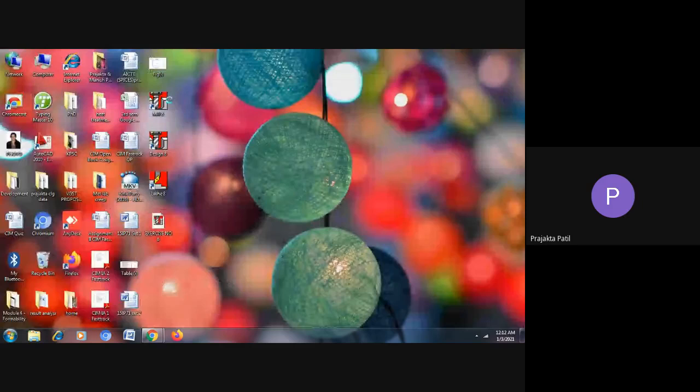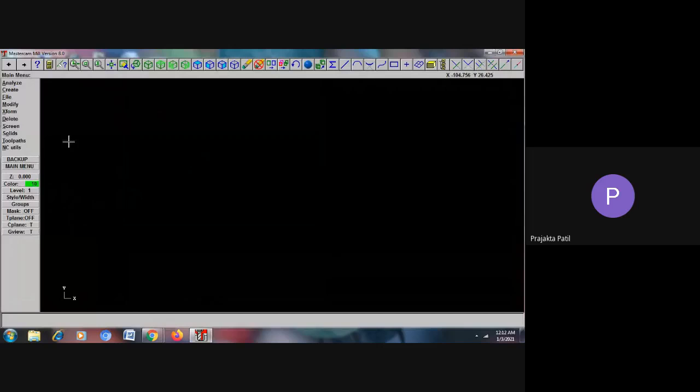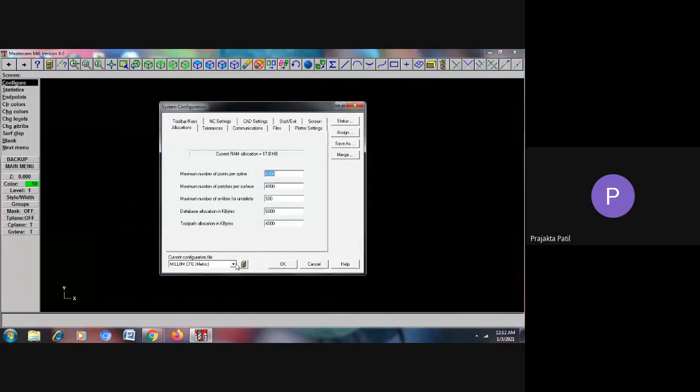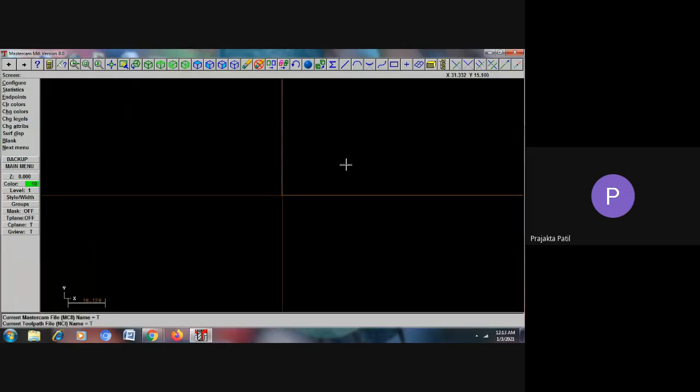So let us go to Mastercam, and here initially we will check for configuration. Let us see whether it's in metric or not. It is in metric, so this is correct. Then press F9 to get all the four quadrants. There is an option of choosing the first quadrant to carry out the exercise, but as you can see, having all the four quadrants included would be an easy option to construct the geometry. So I'll be following that.